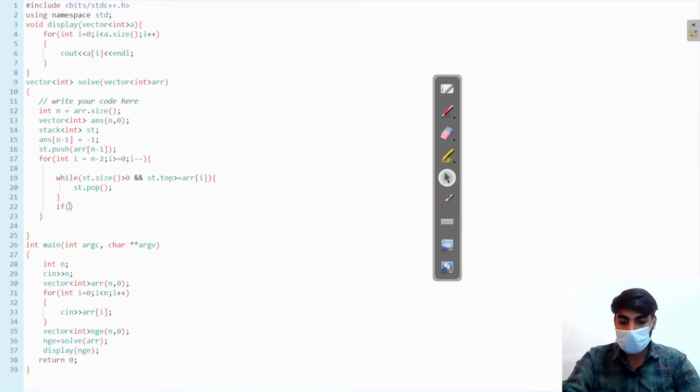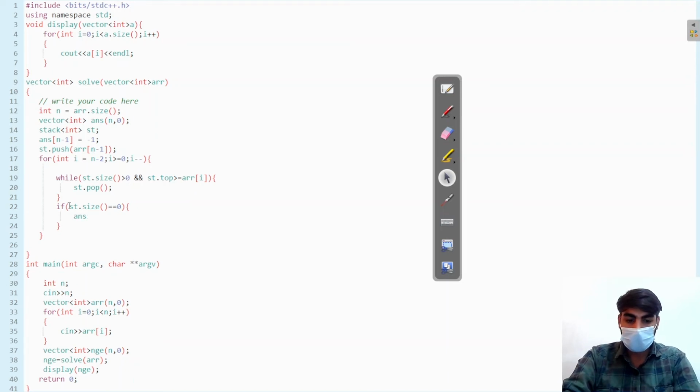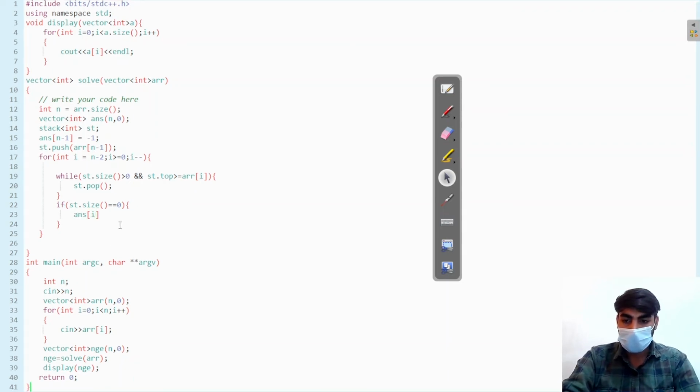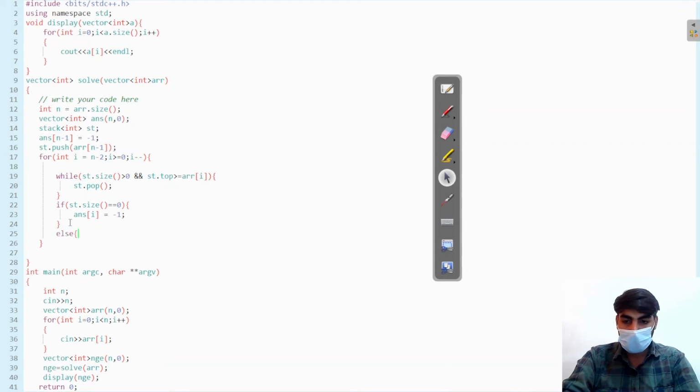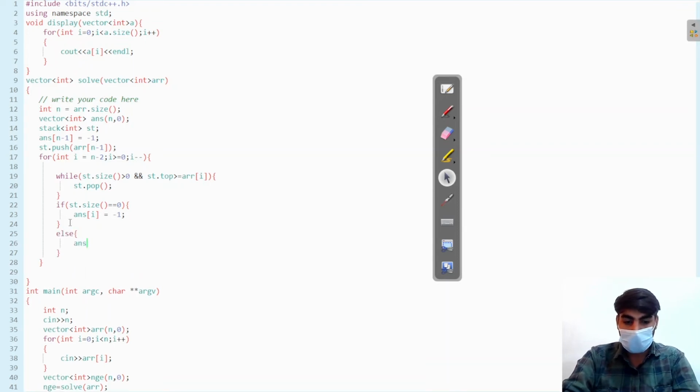So if st dot size is equal to 0, then answer at i is equal to -1. In the else condition, answer at i is equal to st dot top,